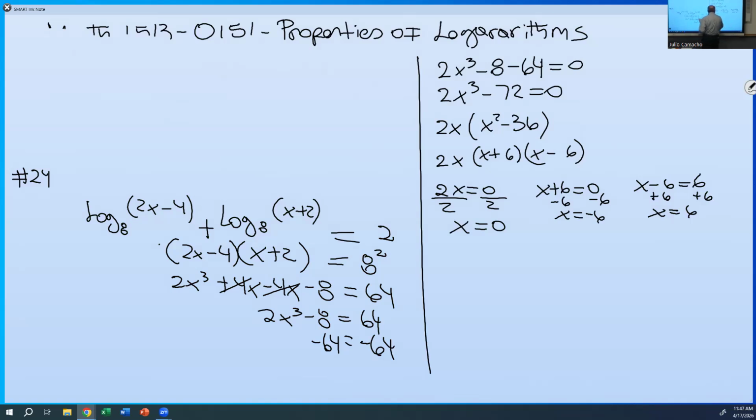Because x to the 0 power is equal to 1. But you cannot have a negative exponent. So it's because of that that we have here